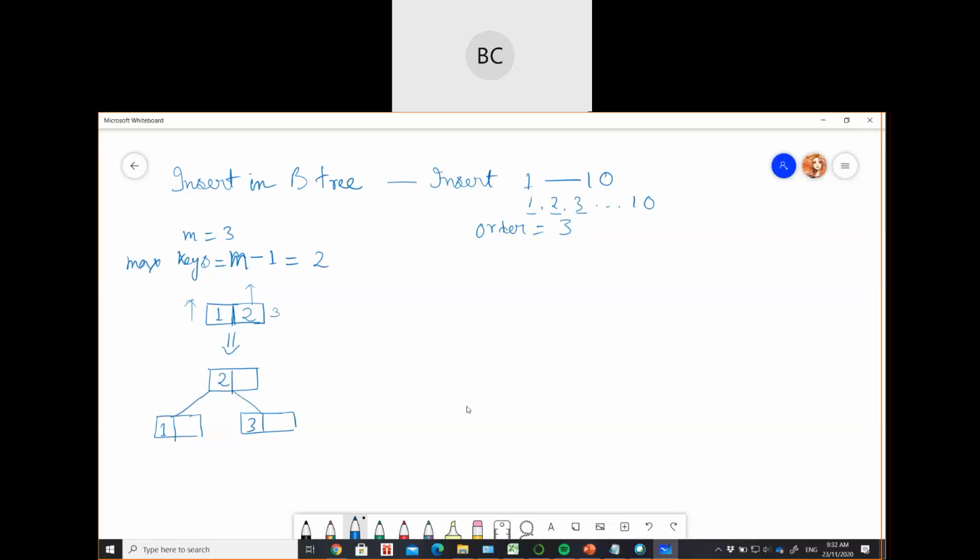So is this step clear? The moment we get the overflow condition, that means it exceeds the maximum limit of keys, we will just find the median and push it up. Then we will make the left element the left child of the pushed up element, and the right side element the right child of the pushed up element. Okay, so after this,